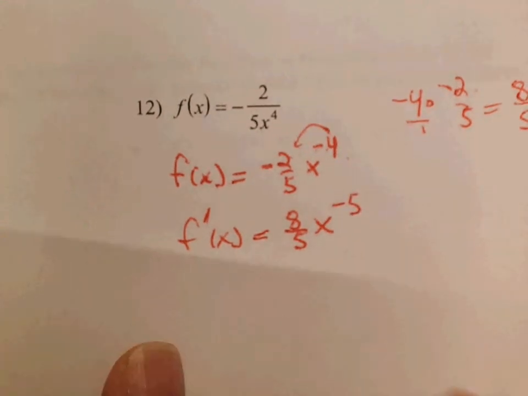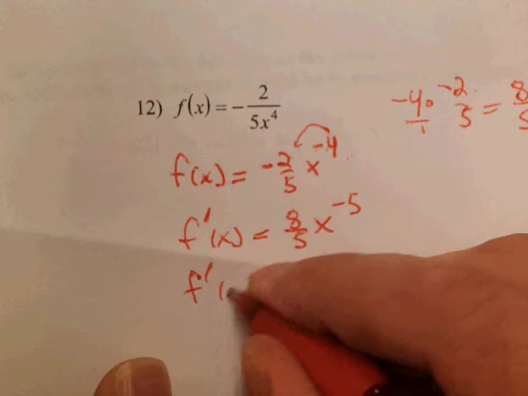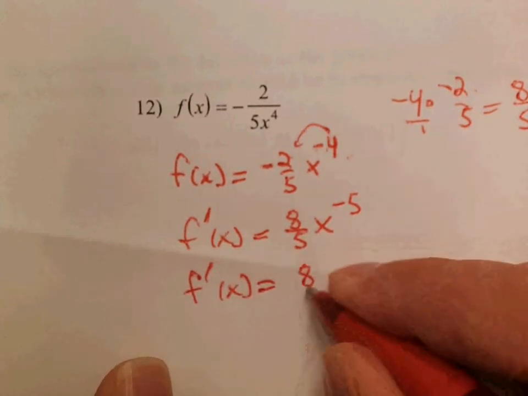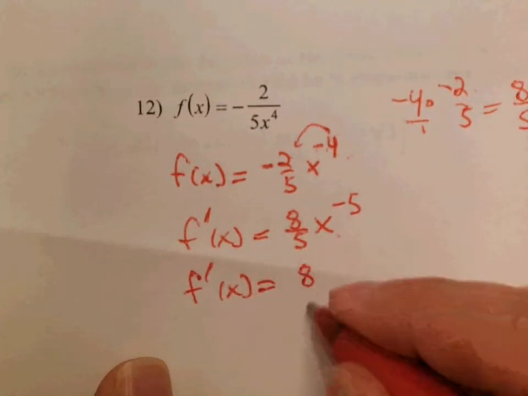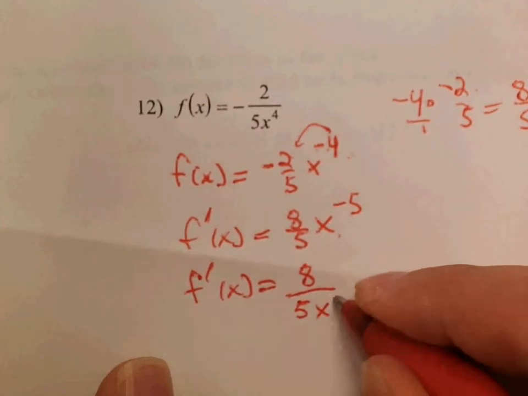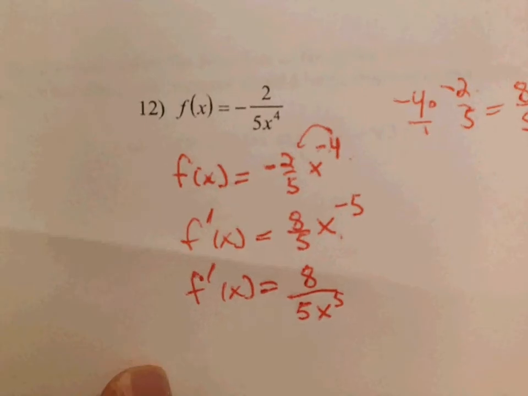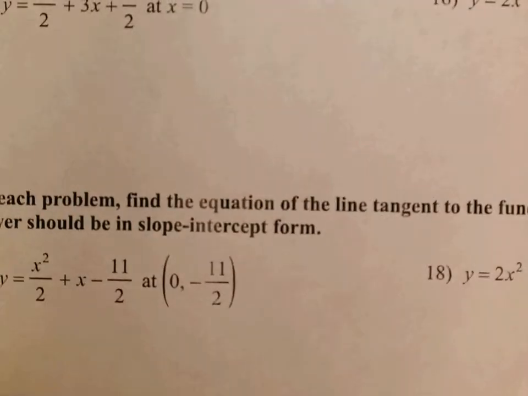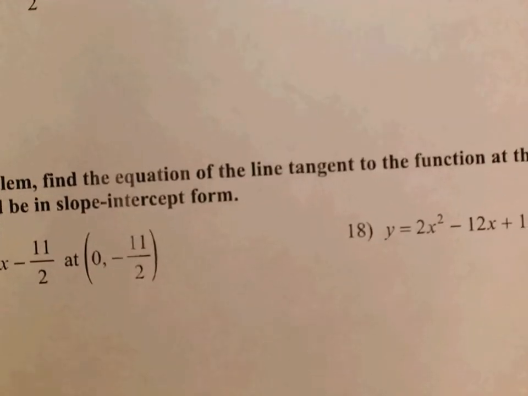And I cannot leave this written with negative or fraction exponents. So I'm going to rewrite f prime of x as 8. X is going to move down to the denominator because it's to the negative 5th power. The 5 is also in the denominator. 8 over 5x to the 5th is the correct way to write it at the end. On the back,